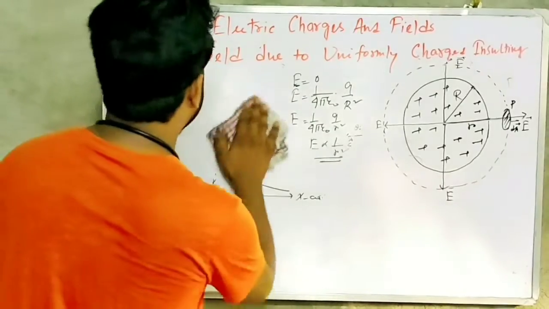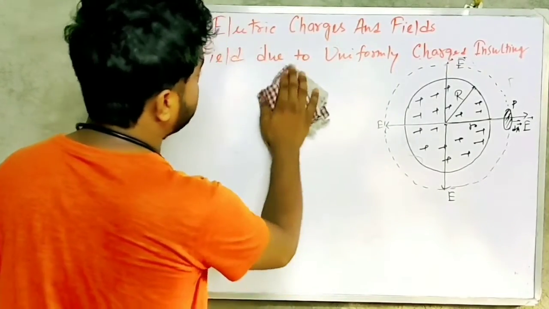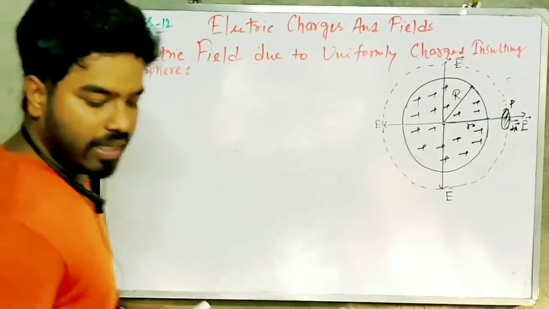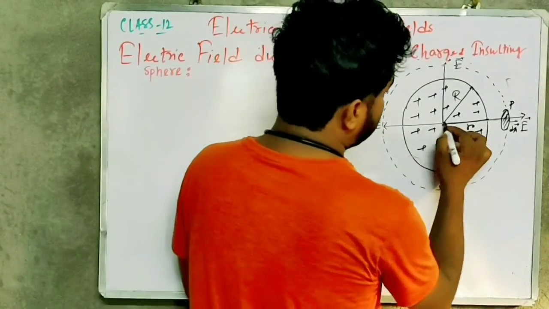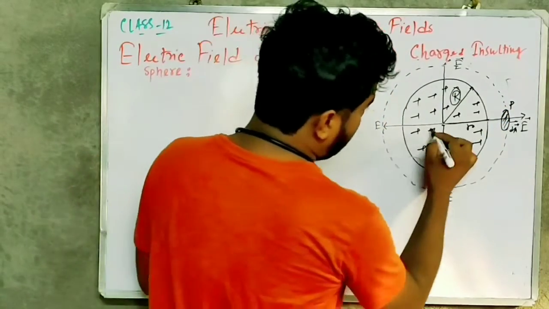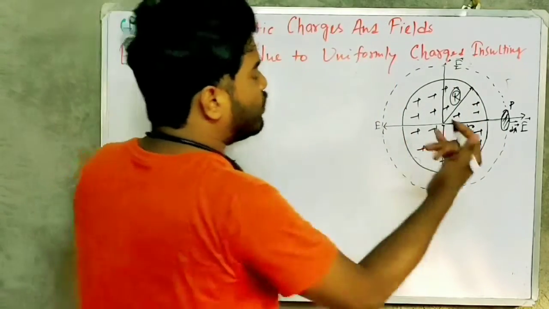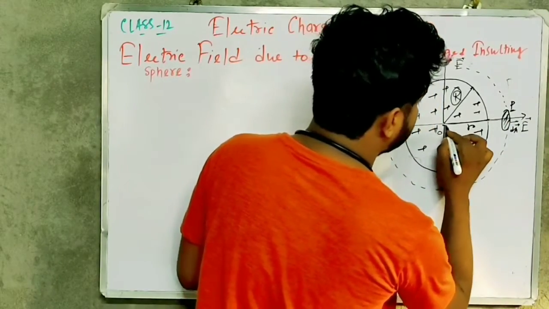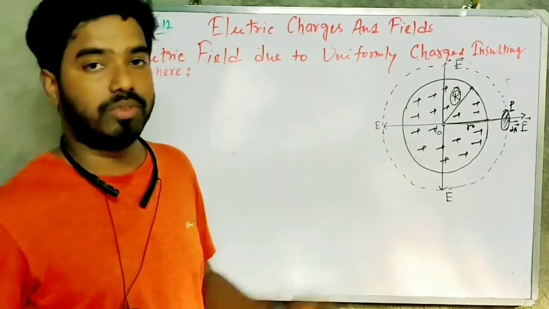Now we have to calculate electric field for a non-conducting solid sphere. Okay, so there are also three cases, that is, at outside, at surface and at inside. Just check here. Here we consider a sphere of radius capital R, and the charge stored inside is uniformly distributed. Now we have to calculate electric field at point P, that is the outside case, which is separated at distance r from origin O, that is from the sphere.